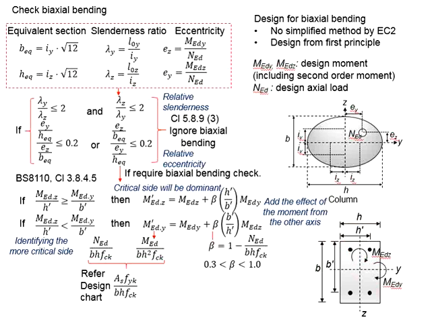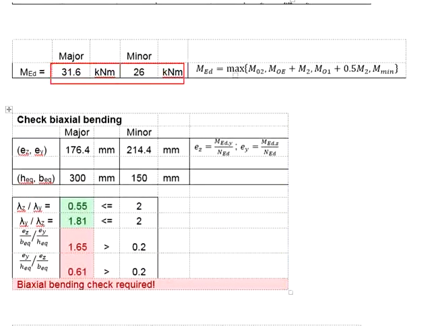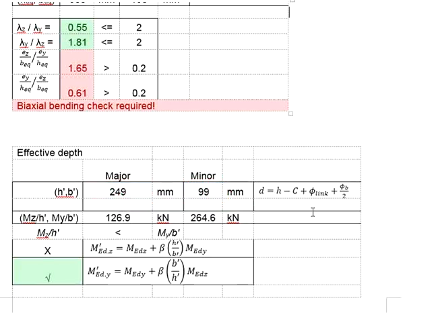This is calculated by taking the dimensions of the column minus the concrete cover, which is 35, minus the shielding, which is 6 mm, and minus half of the bar size, which was 20 mm divided by 2. If we do the same for the other axis, the larger dimension will be the H' and the smaller dimension will be the B'. Now that you have your H' and the B',